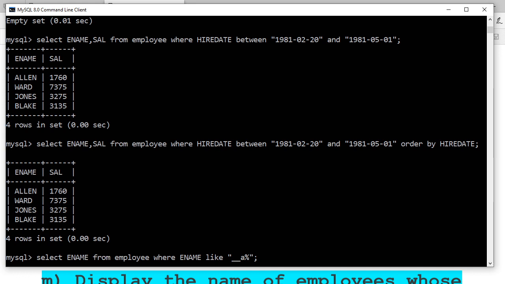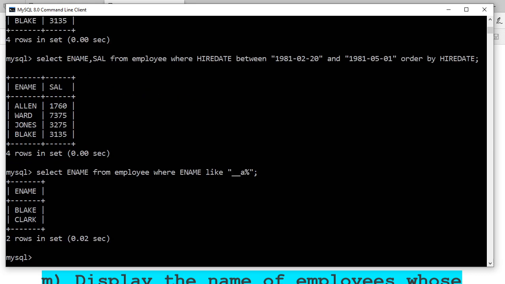Underscore says specifically character by character, and percentage says any length. So this is going to print the names of all employees whose third character is A. Check from the table, the third character is A.